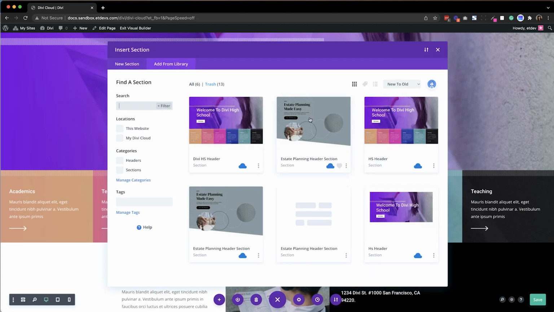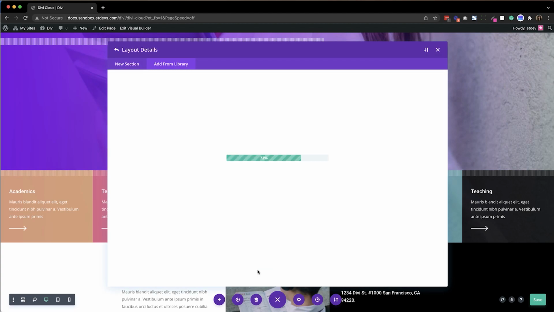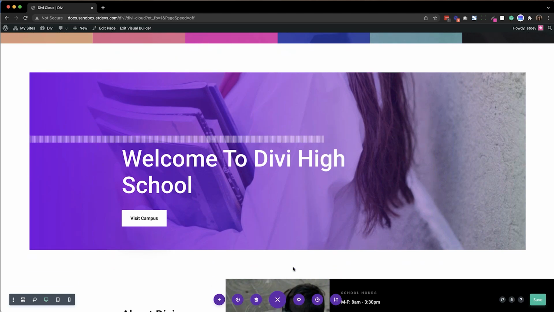In addition to saving page layouts and website wireframes, you're also able to save to the cloud your favorite Divi design builder elements, like sections, rows, and modules that you use again and again in website builds. Load them with a click of a button without having to export from a previous website and then import them to a new website. No more manually importing and exporting Divi layouts from website to website.